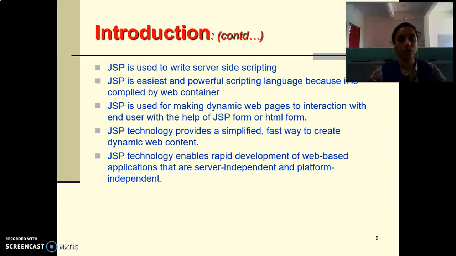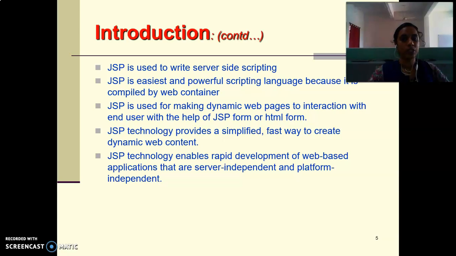Now, how do you configure JSP? When you write server-side scripting in JSP, it is the easiest and a powerful scripting language, because it is compiled by the web container. JSP is used for making dynamic web pages that interact with the end user with the help of a JSP form or HTML form.